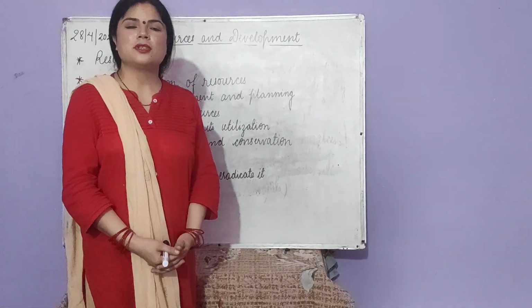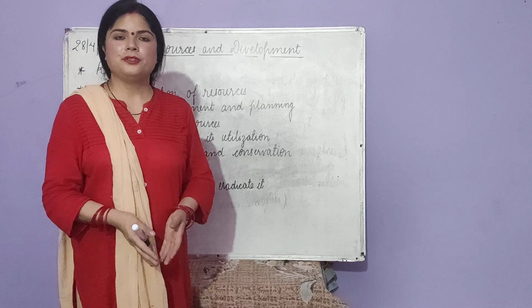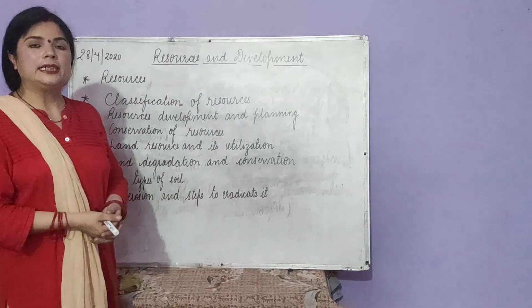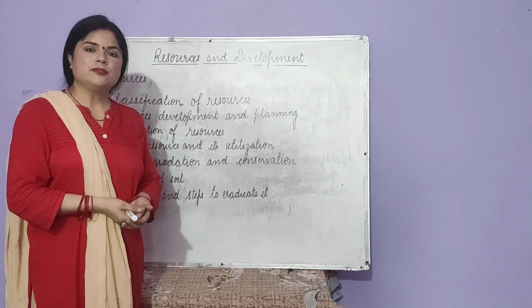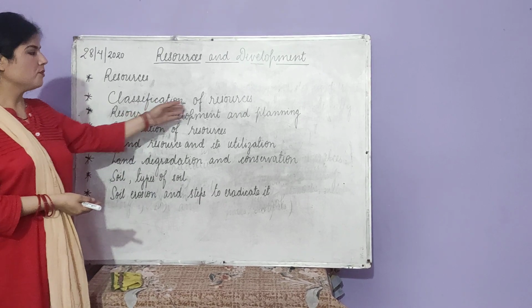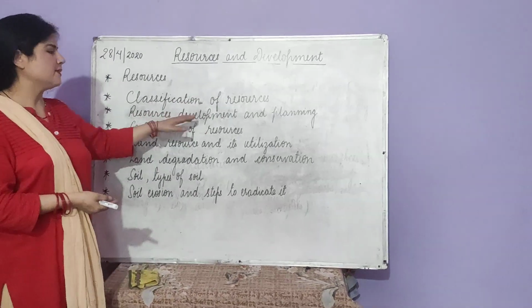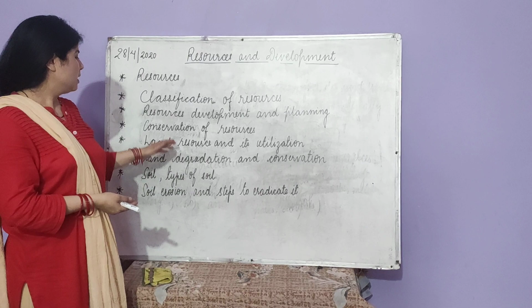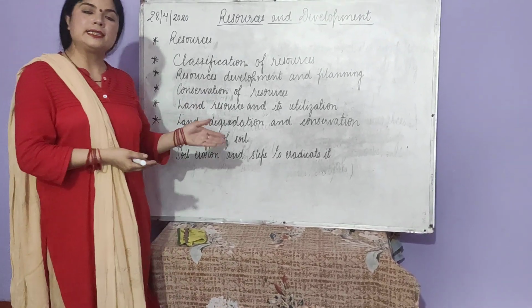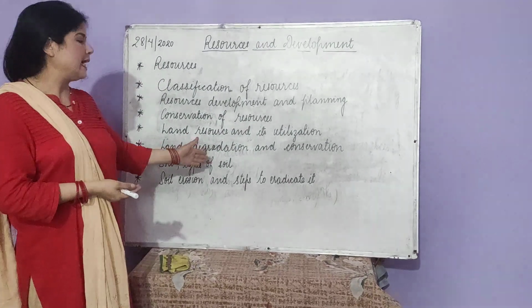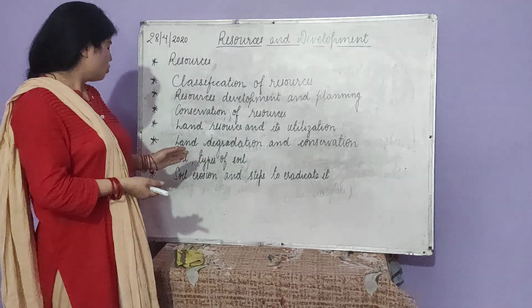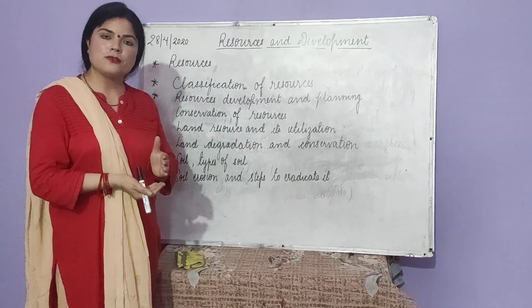Good afternoon, students. Today we are going to start our first chapter of geography, that is resources and development. In this chapter we will come to know about what are resources, classification of resources, resources development and their planning, conservation of resources, land resource and its utilization, land degradation and conservation of land, soil and the types of soil,